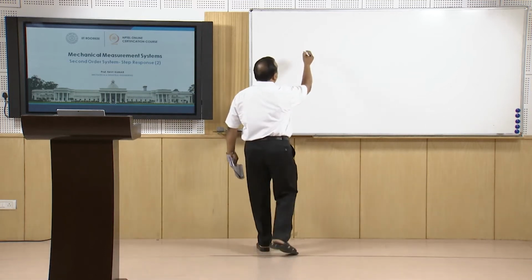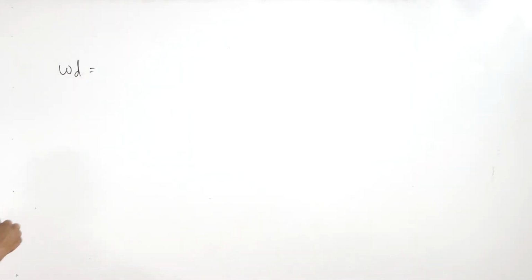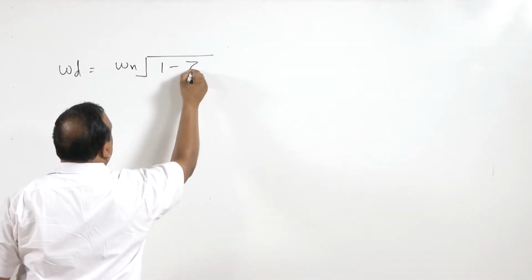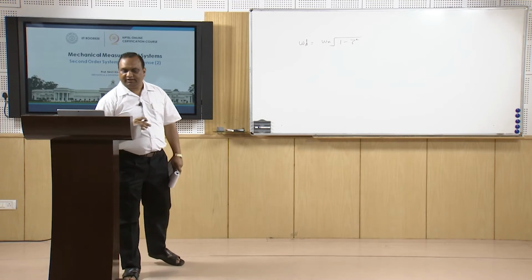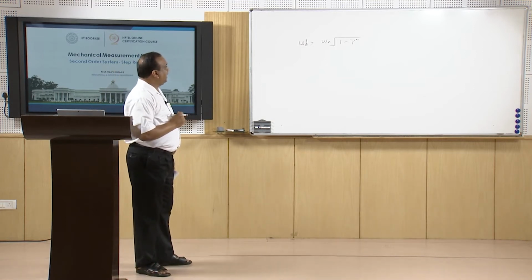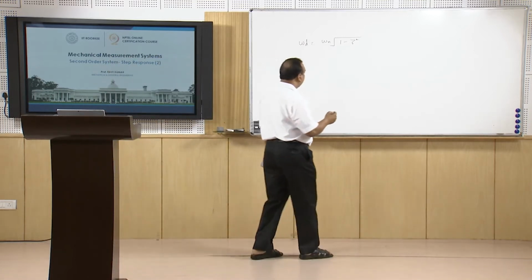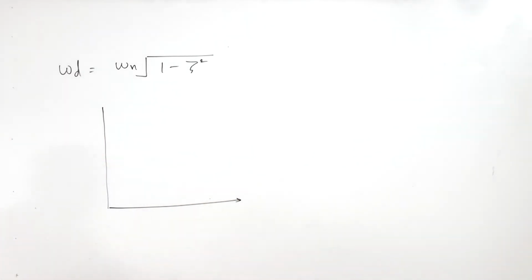So last time we finished at the point where I wrote the omega d, or frequency of damped vibration, as omega n times square root of 1 minus zeta square for underdamped system. Now, differential equations are okay, but how are these systems going to behave in actual practice? If we draw curves using these equations, response curves of different systems,